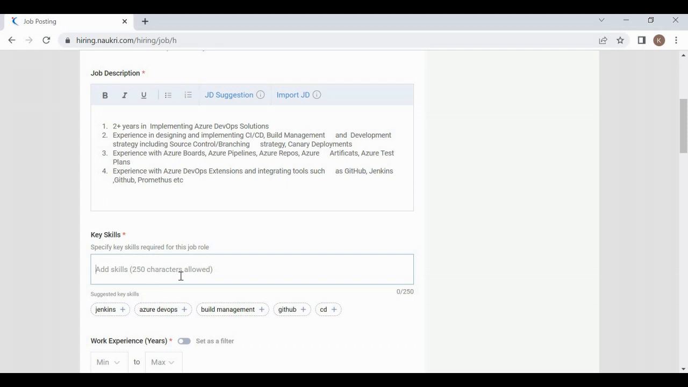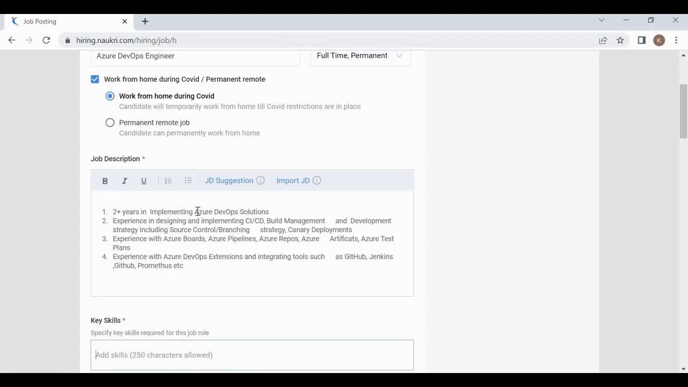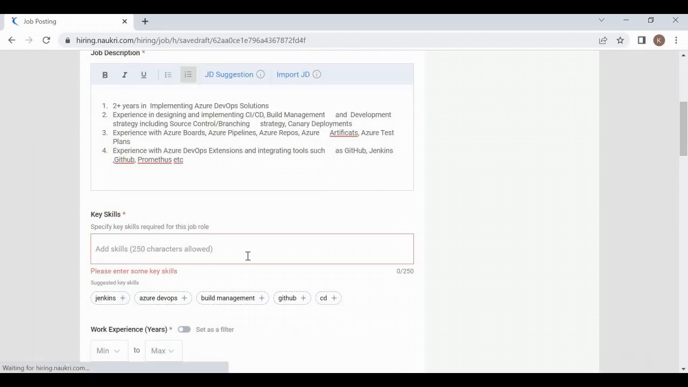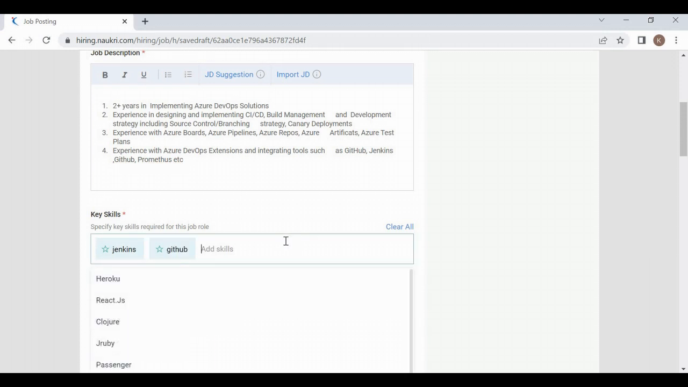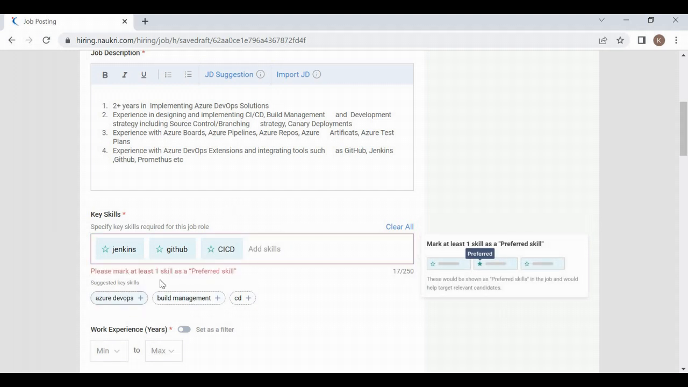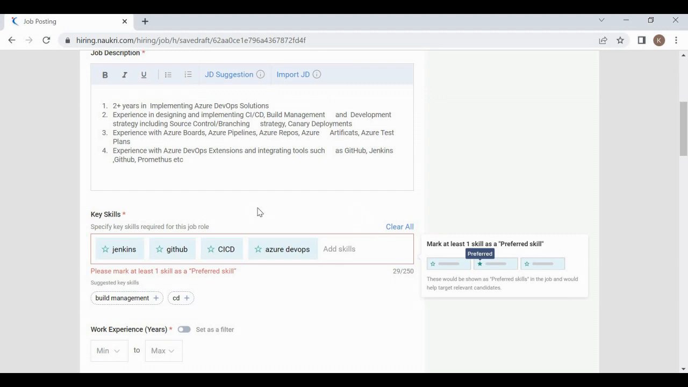So my requirement is an Azure DevOps engineer. As an Azure DevOps engineer, I know what the common skills are, like Jenkins, or GitHub. Next is CI/CD. Next is Azure DevOps. So friends, these are the common skill sets required in an Azure DevOps engineer, and whichever of these skills are mandatory,